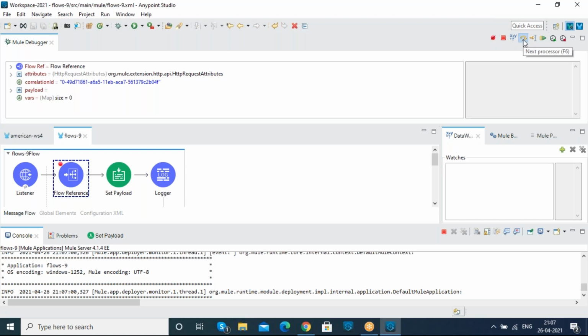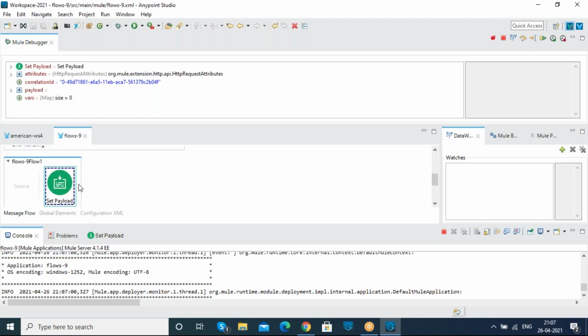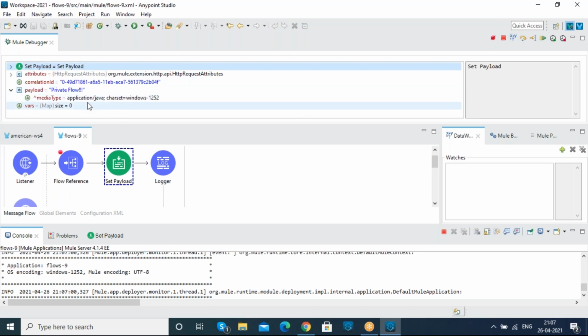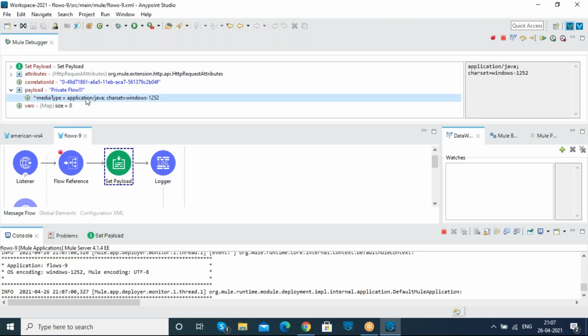So it is breaking the operation here. When I click on the next process, it is breaking the operation at this set payload connector. And when I click on the next process, the set payload connector has performed its operation and it is picking the private flow in the application Java format. And in the end set payload connector, we had mentioned the payload, but we had mentioned the format as an